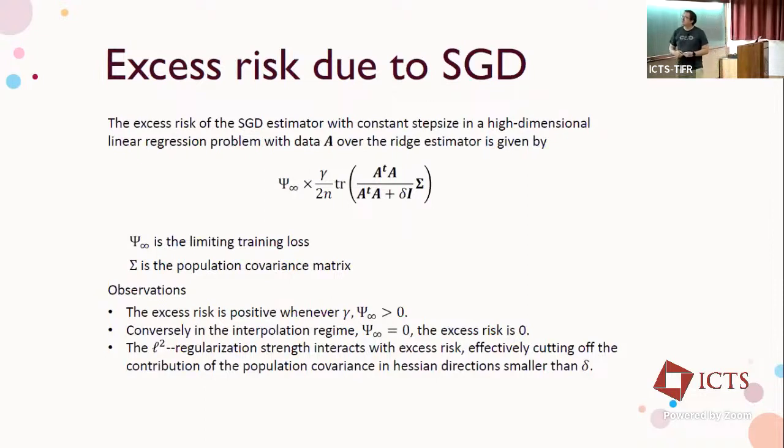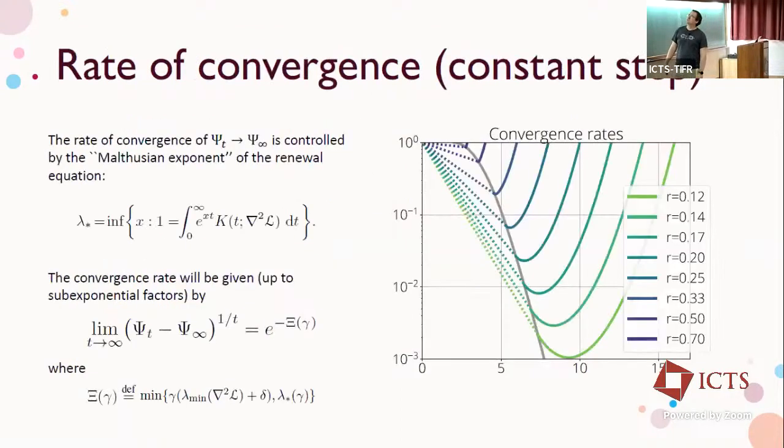And one other thing is you can get the limiting behavior of this. If you're interested in the limiting behavior of psi and the limiting behavior of the population risk above it, well, convolution Volterra equations let you find out what the limit value is. And there's some nice statistical observations about it. Maybe I just conclude. This is the rate of convergence